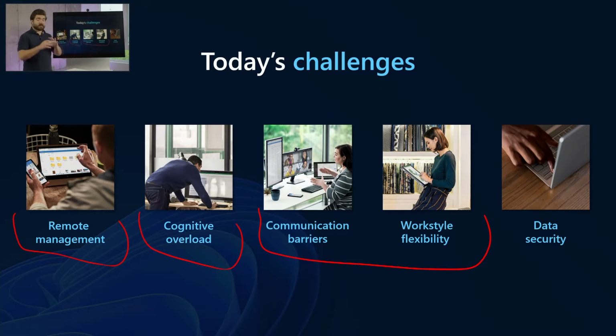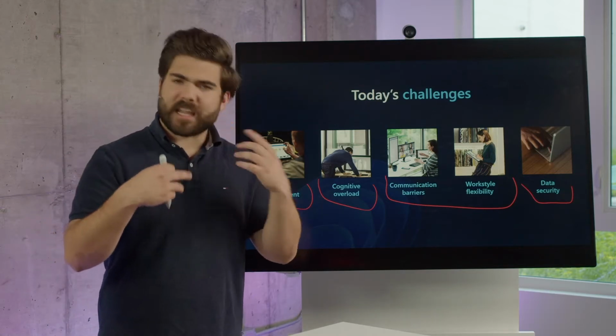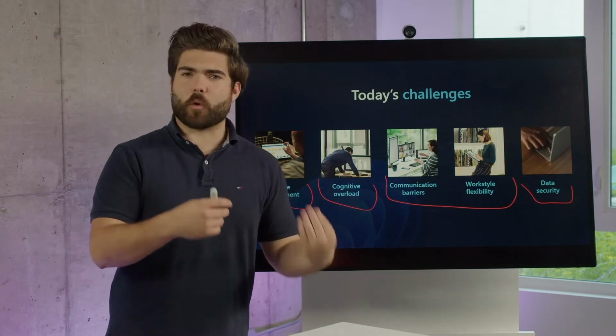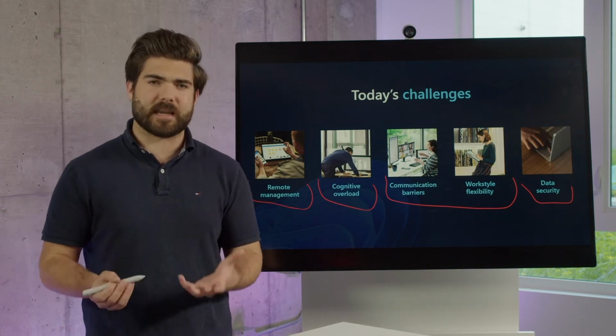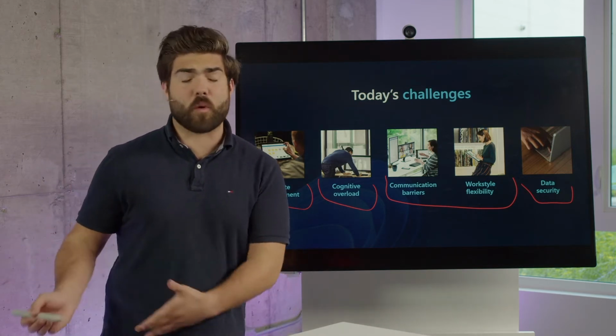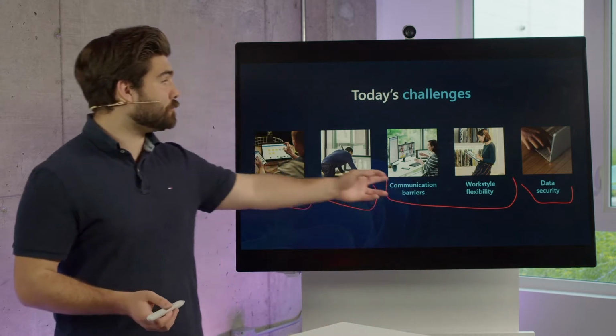flexibility. And then finally, one of the most important things that a lot of organizations are facing, which we will take a closer look at in just a moment, is data security. Now that you don't have everybody working within the walls of your office, within your secure network, making sure that your organizational data, that your employees themselves, their tech is all able to remain safe and secure is paramount, and more important now, more so than ever.